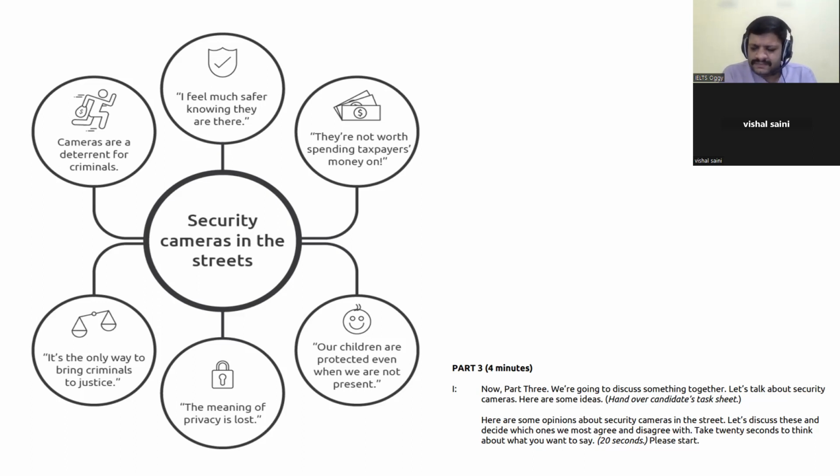Actually, here we are talking about cameras, so that's why I said that if we have cameras in the streets, we are more protective of our children. So it is a very good point if we have a camera in the streets. But if we don't, it is our responsibility to keep them safe in another way. Okay, continue the answer.